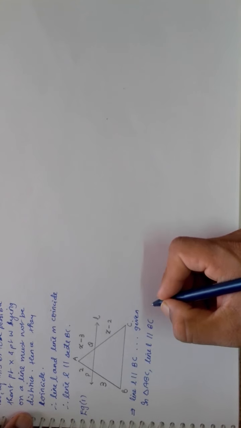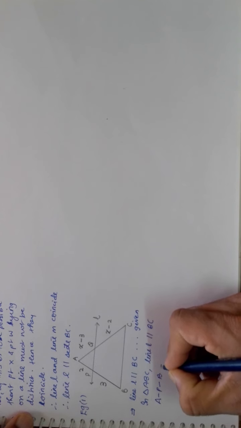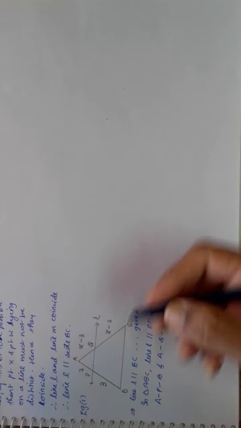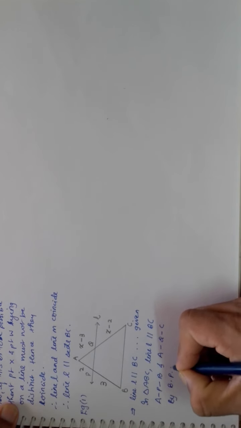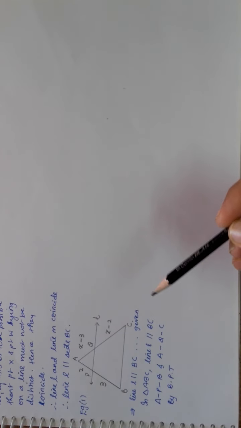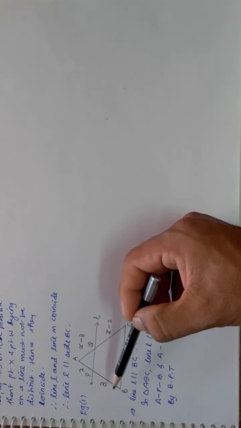and where it cuts, I will write in this particular format, that is A-P-B, showing collinearity, instead of writing the whole statement that it cuts here and meets here. So I am writing it in this format. So using the basic proportionality theorem, I am writing BPT, you should not. You should write basic proportionality theorem, the two sides where it has been cut. So this is the first side where it has been cut. Now it has two parts, one part is AP and the other part is PB.